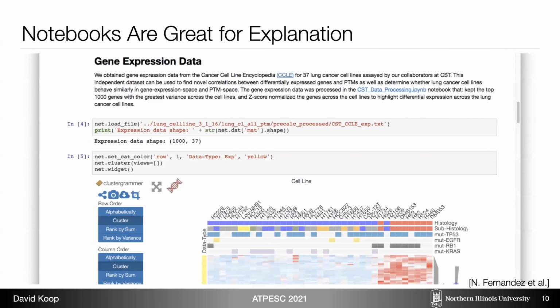Notebooks are also great for explanation, right? I've hinted at this with the idea of text, and also there are rich widgets that people have designed, say this one for gene expression data, where you can look at a matrix and really interact with the data after you've gotten it into this notebook environment.